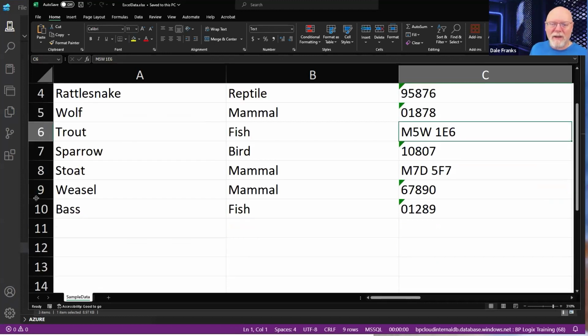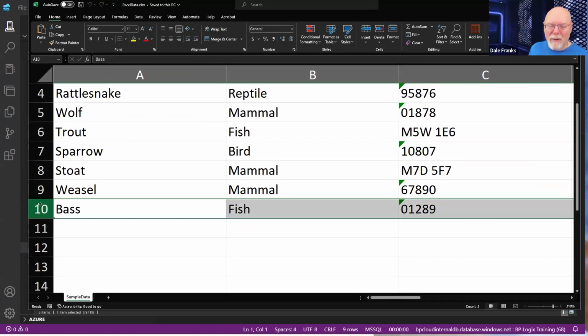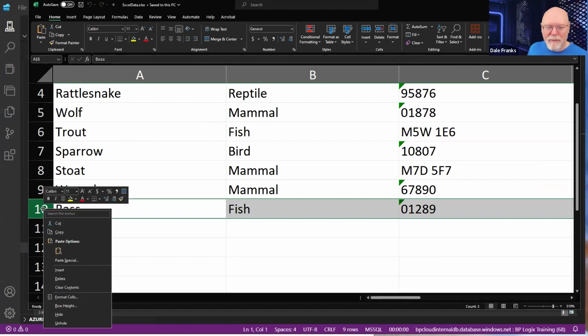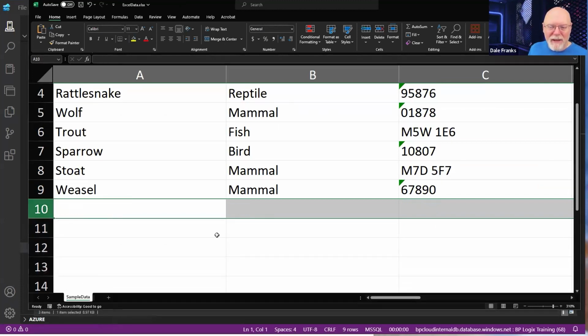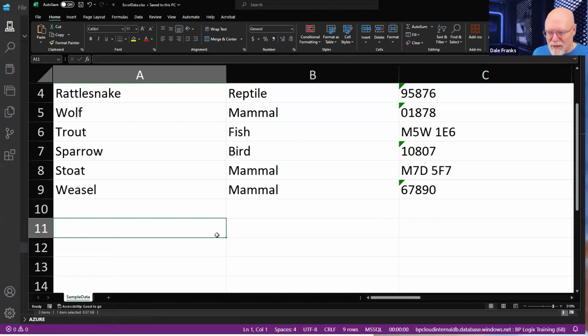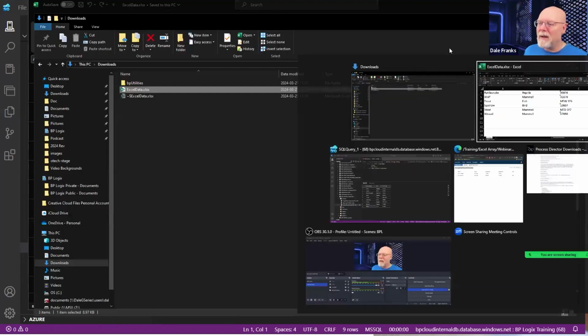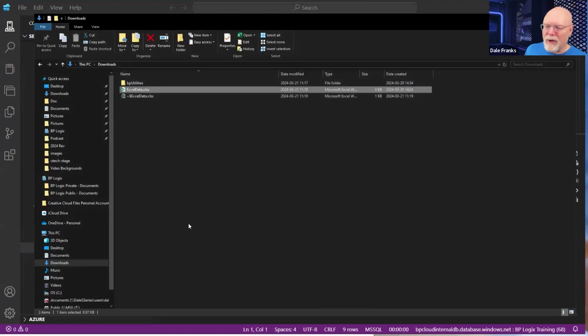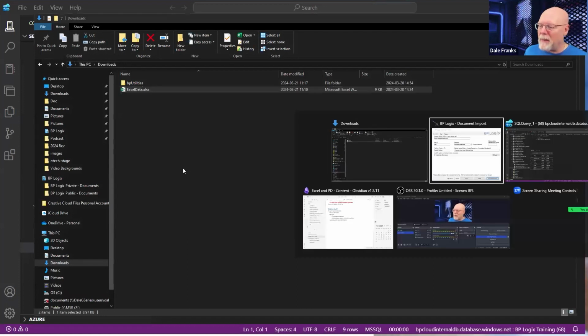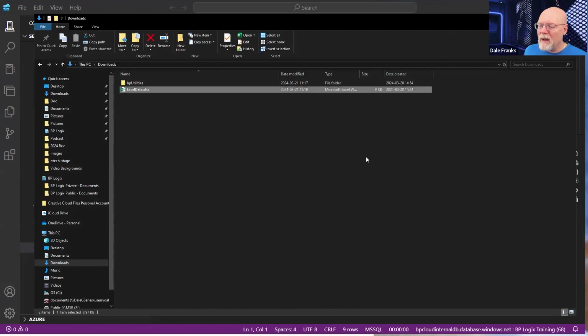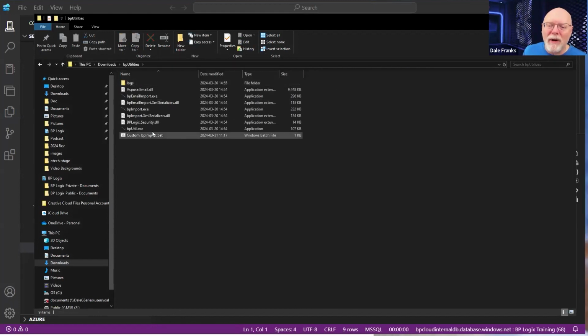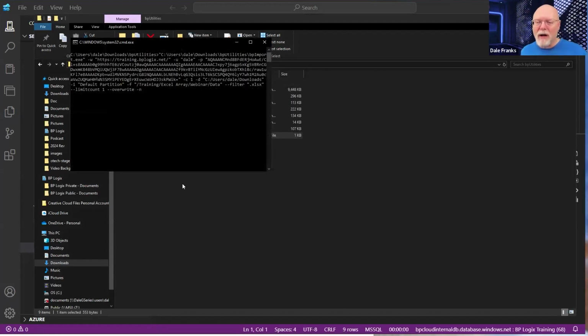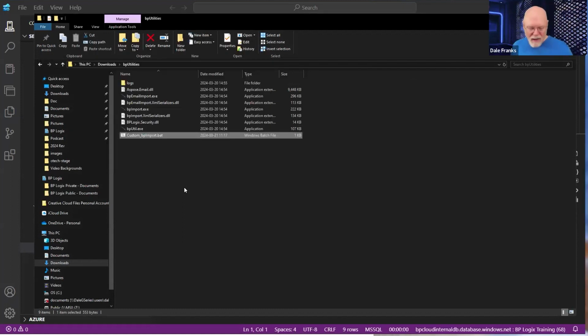actually now I can start deleting rows. So I'm going to delete the row with the BAS on it. So we're going to get rid of the BAS. Delete. I'm just doing this so that I have changed data in my file. So that's going to be gone. And I do have to close it so that it is not open and it's not locked. And I can go back. That's what I wanted, to go back here, double click on custom import.bat, it should run.